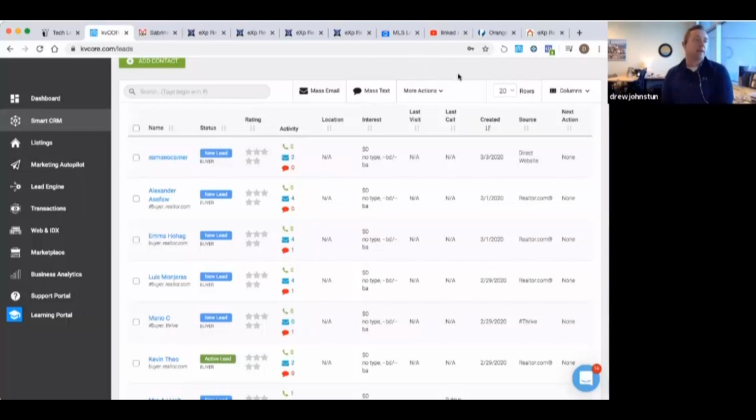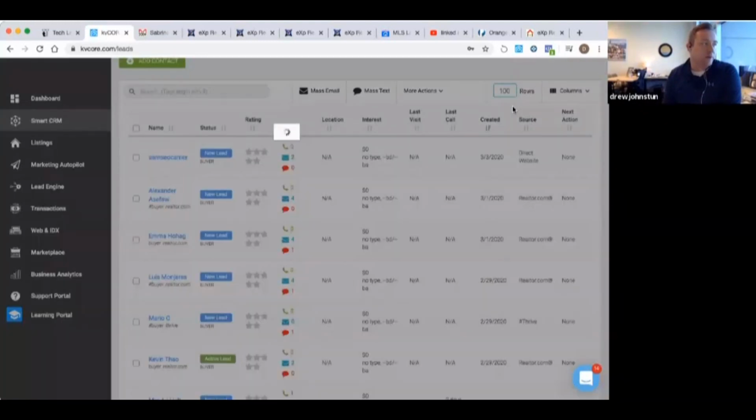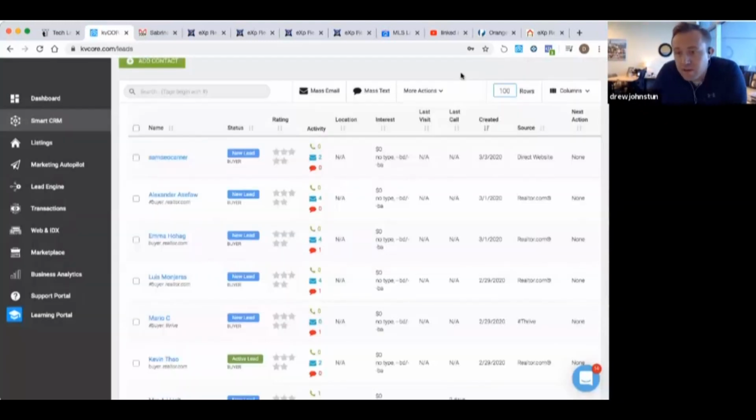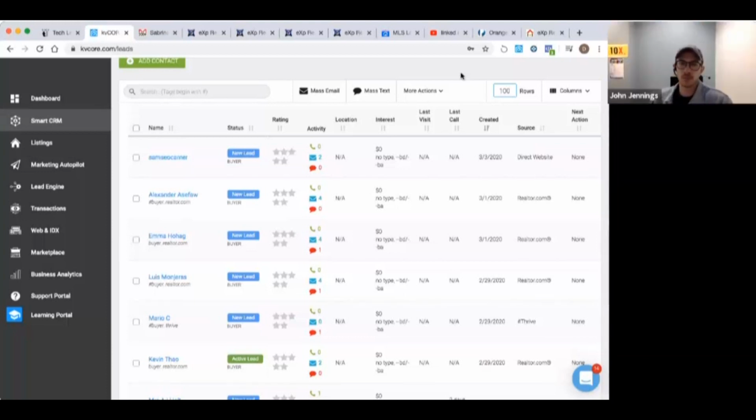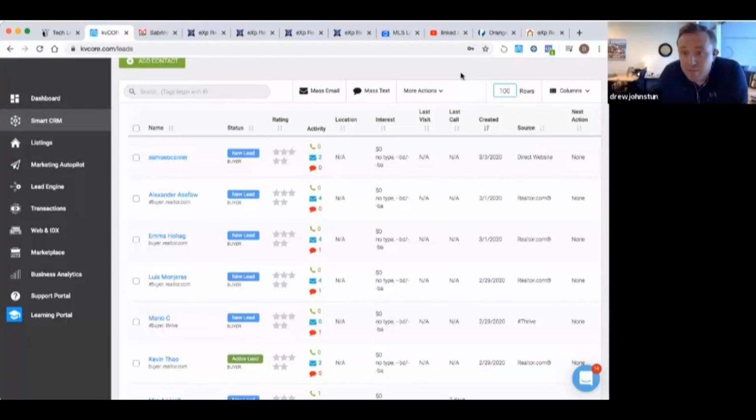So some of the things that you can do here, if you click rows, you can go down to 100. Has anyone here, or I'm going to kind of speak for you guys since there's a bunch of people on it, most likely if you have not used this program before, the most amount of text messages you've ever sent in a day is probably what, 15, 20? John, how many do you think you've sent before KVcore? Yeah, most would be like 30, and that's me really pounding the texts out. Right, and that's pretty good.